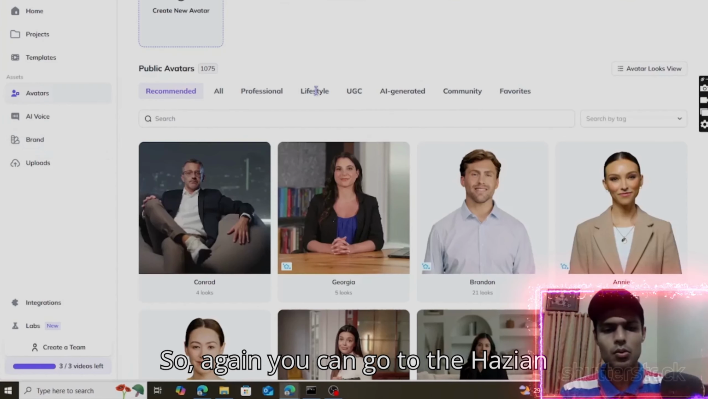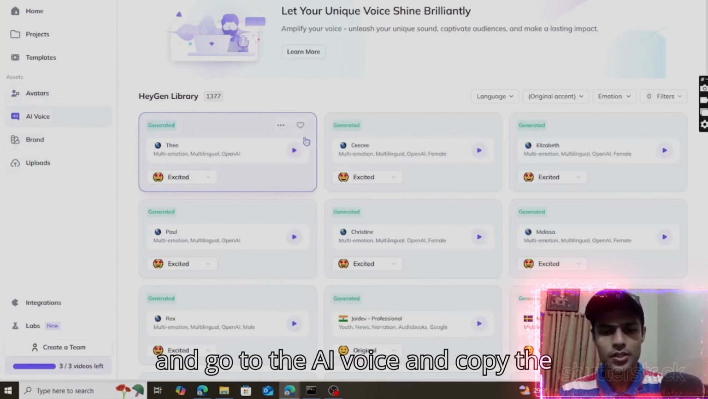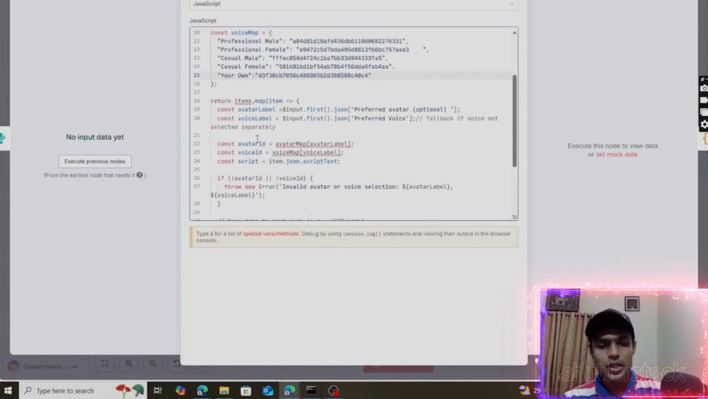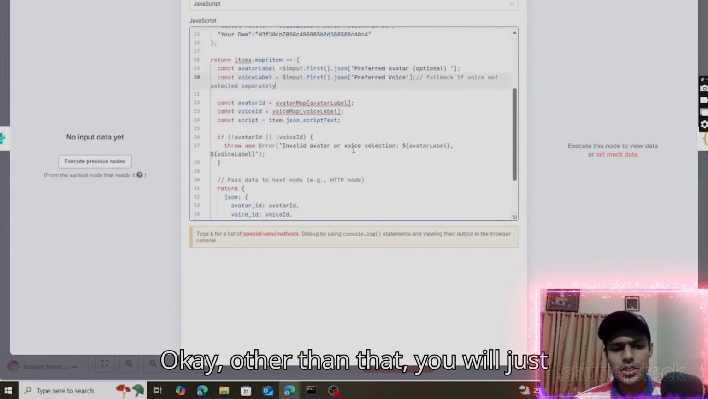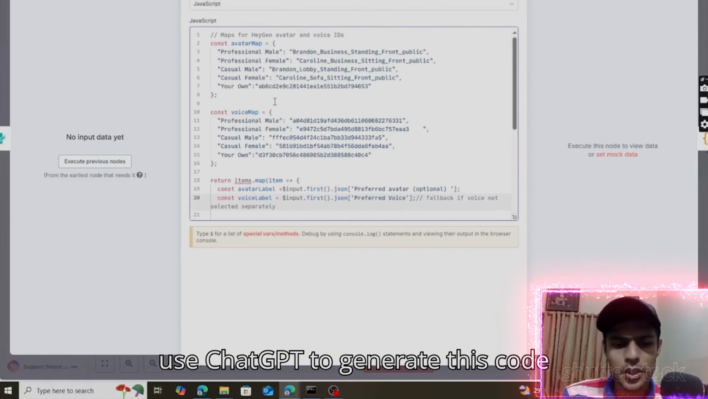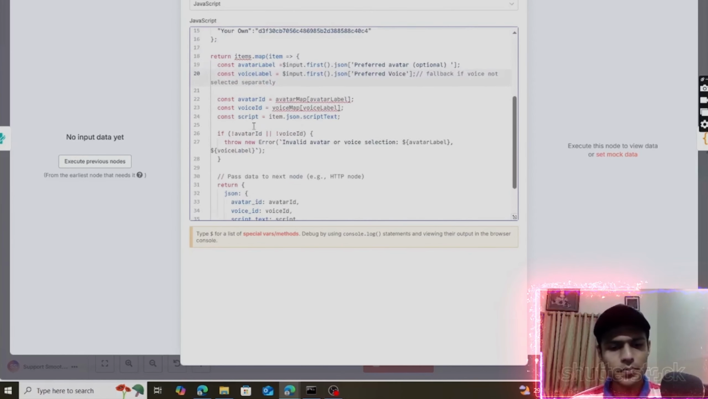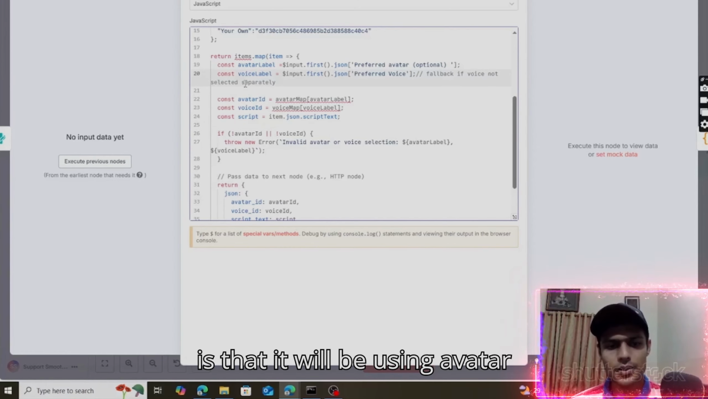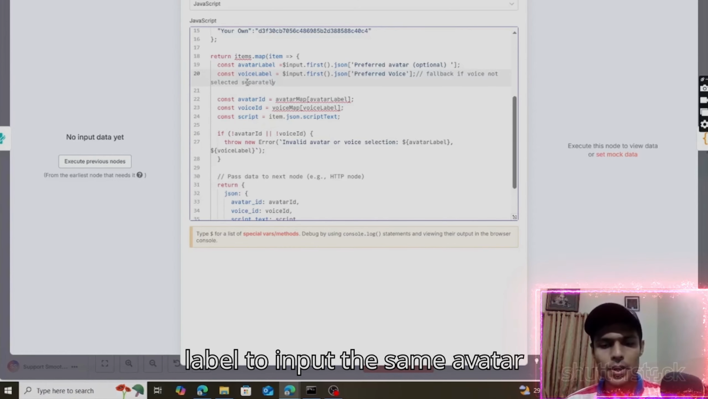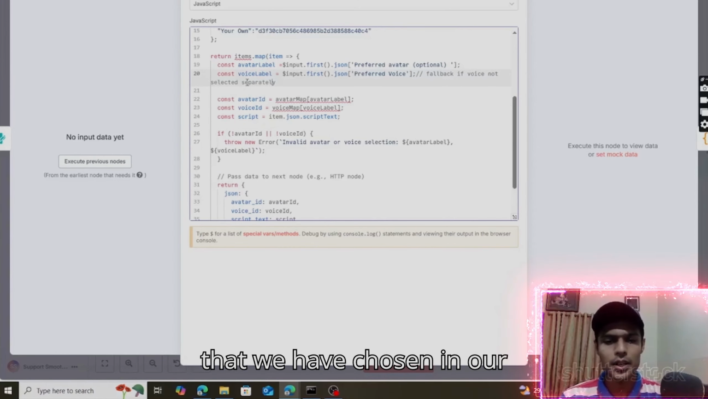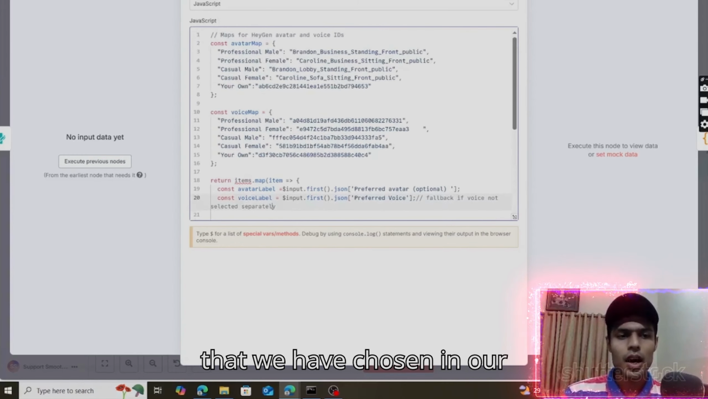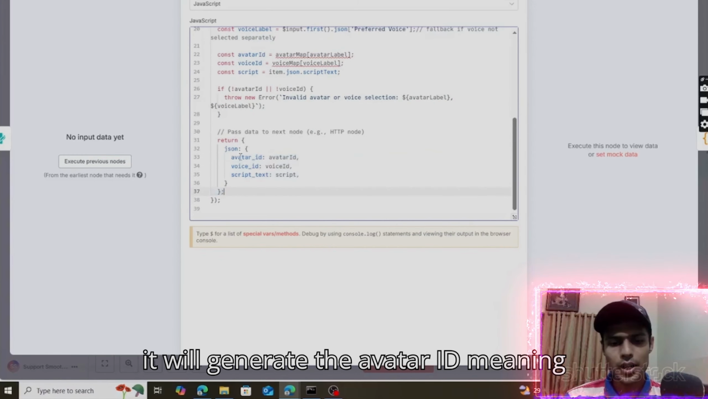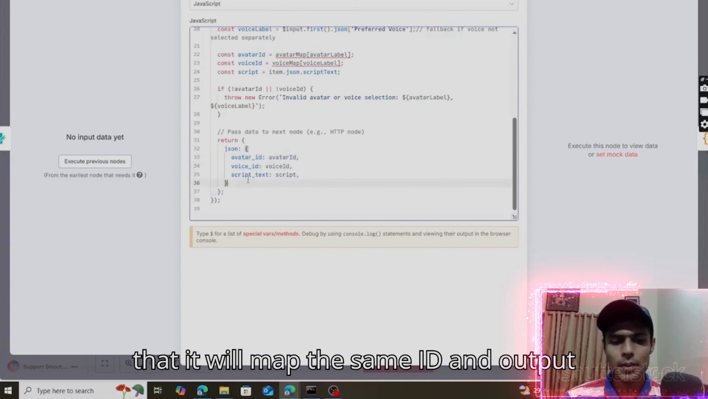So again you can go to the agent and go to the AI voice and copy the voice ID, right? And then paste it here. Okay. Other than that, you will just use ChatGPT to generate this code. So what this does is it will be using the avatar label to input the same avatar label that we have chosen in our form. And based on that, it will generate the avatar ID, meaning that it will map the same ID